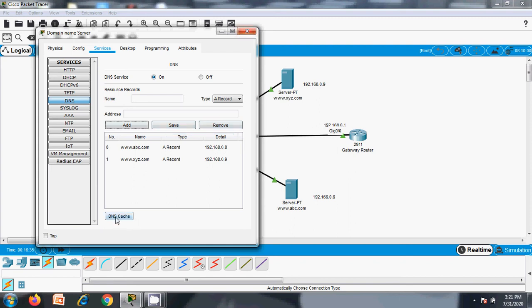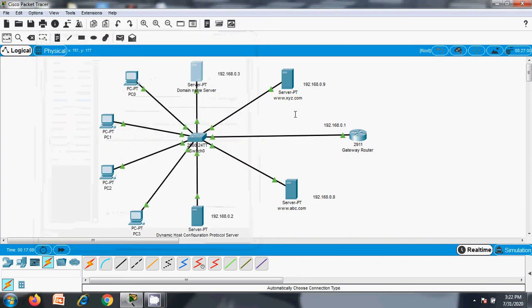And DNS cache is nothing but, as I already said, when the browser is visiting that website for the first time, it will hit the DNS server and get back the IP address. For further inquiries of the same website, it will use the DNS cache, because every time it will not disturb the DNS server. So for the first time it hits the DNS server and gets back the IP address. Later the DNS cache will be used, so no need to touch this later. Okay, DNS entry is completed.